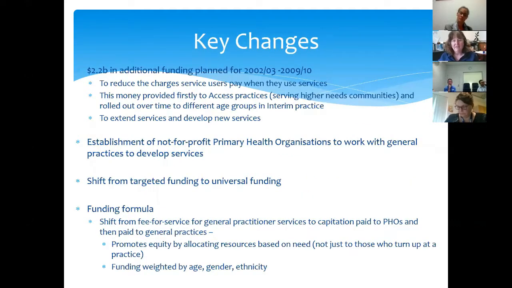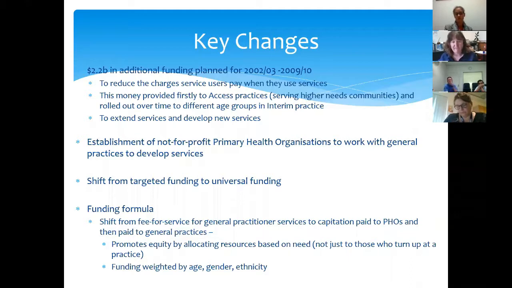Okay, so to support these particular changes, these are some of the things that actually then happened. So the first thing was that there was a significant amount of new money going into primary healthcare. About $2.2 billion was planned for about a 7 or 8 year period. That money was to go